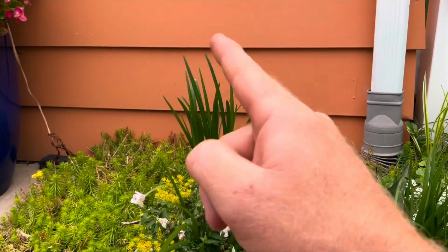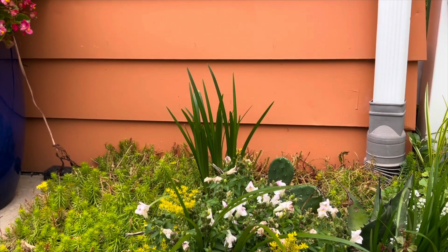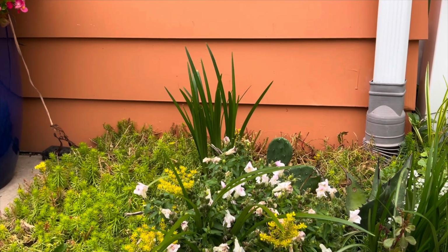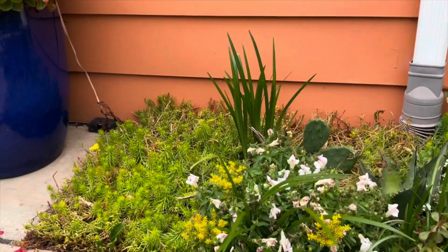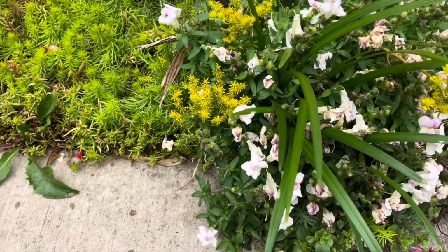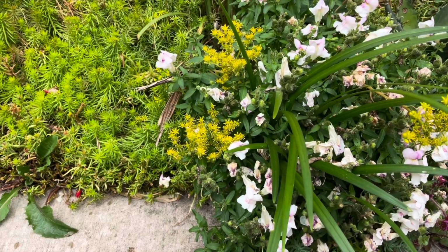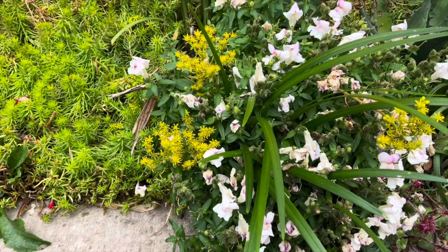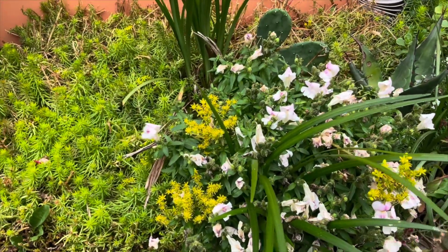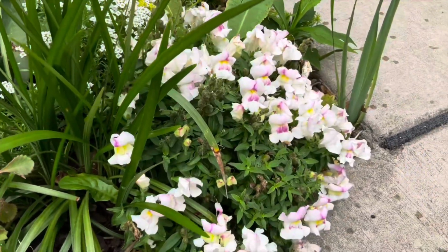This is a giant lily turf that's supposed to be hardy to Zone 5. I don't remember its name, but yeah. And then, believe it or not, these snapdragons are from last year. So they looked, you know, pretty deciduous. And yeah, super happy to have the snaps from last year come back, and it's just a beautiful